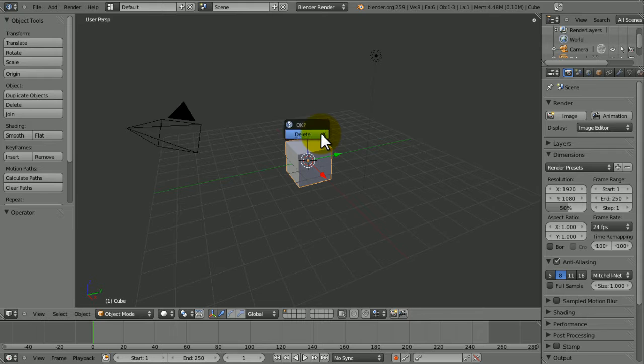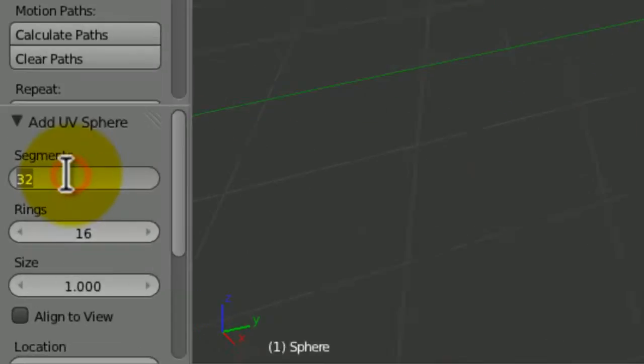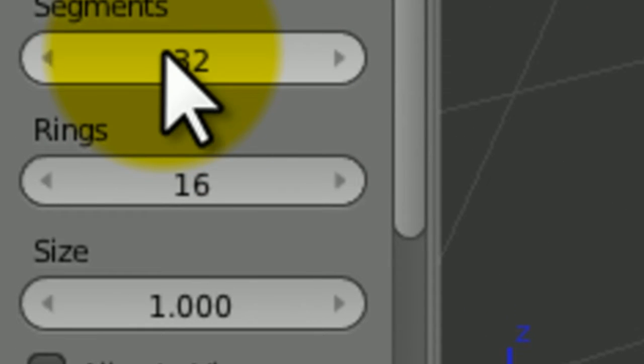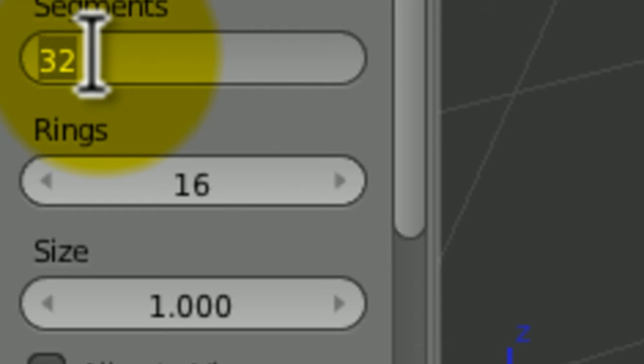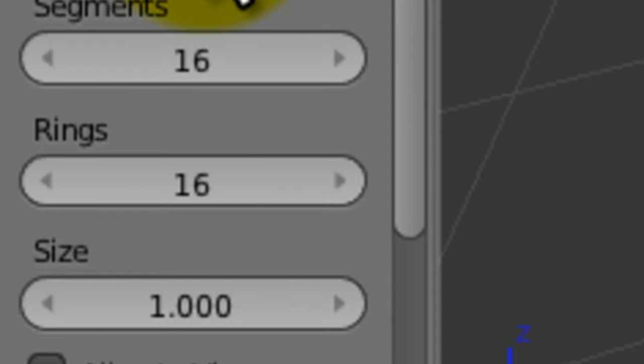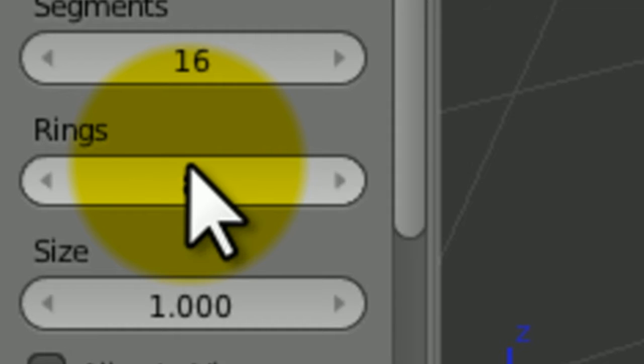So, delete the cube and replace it with a UV sphere. Leave that at 32, but then if you just click on this, you'll start highlighting it, and just click at the end of it, as you probably already know, and then press /2, and that will halve whatever that number is, because slash means divide, 2 means you're dividing it by 2. I'm just going to do that with both of these,